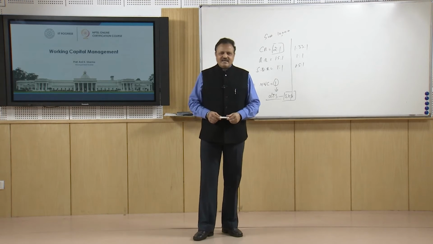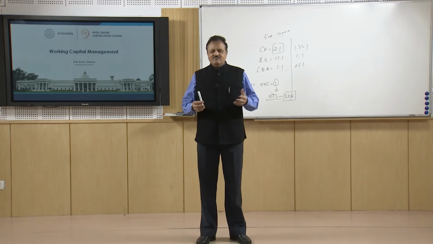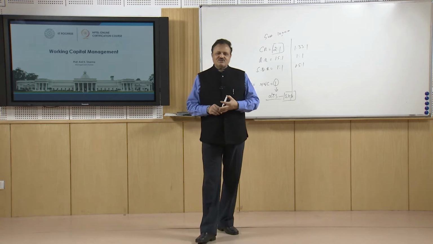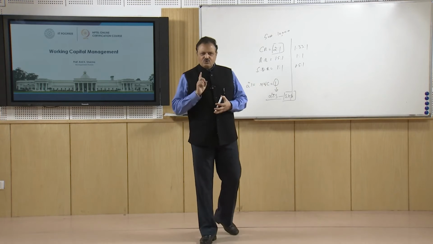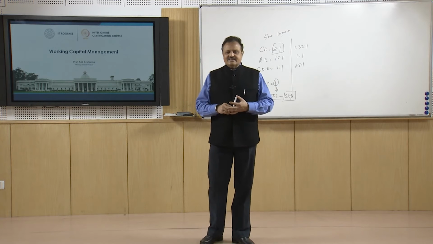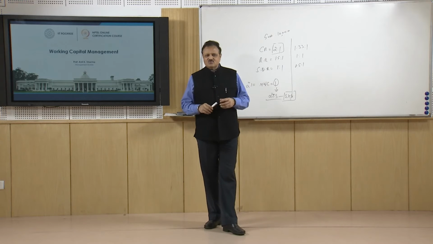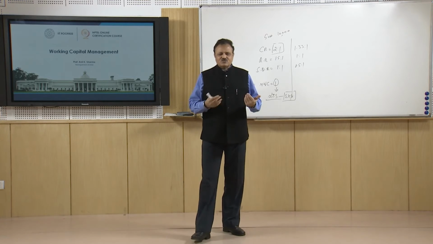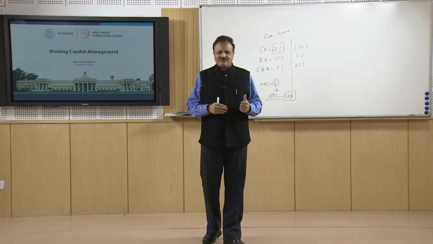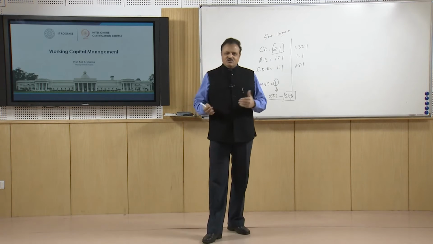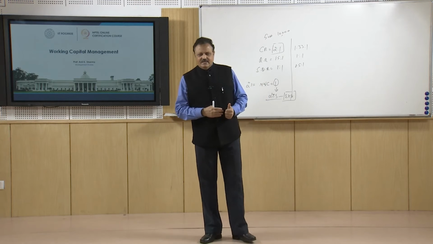So in some cases they try to compete with the private sector companies, and when the question of competition comes, it comes in terms of two things. One thing is that the quality of the product has to be improved, and the second thing is that the cost of production has to go down so that the price is competitive, because cost is the basis of price. So if the price has to be kept low in the market for the final product, you have to first reduce the cost. So for reducing the cost